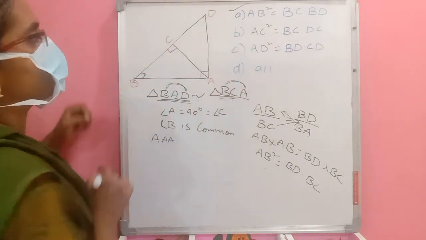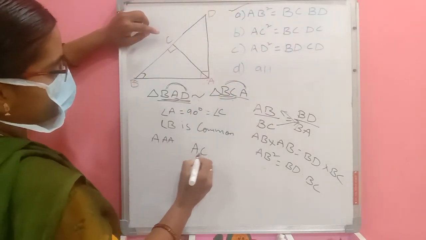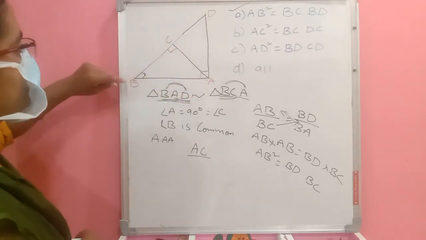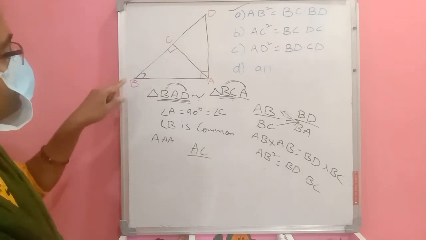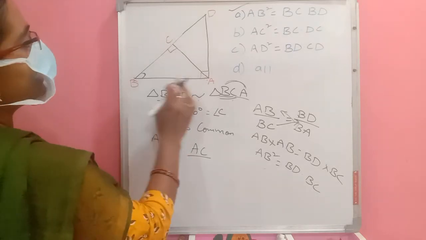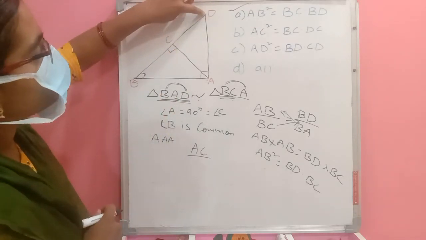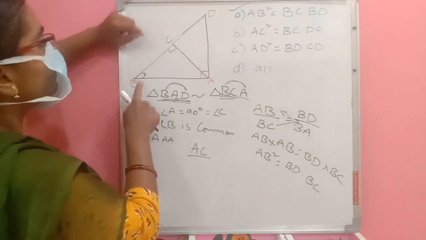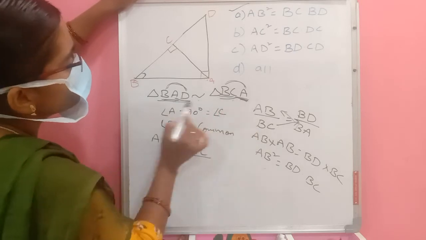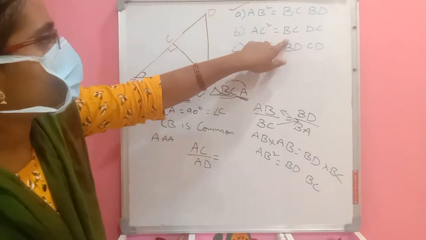Next, let's go for the second option. We need AC, BC and DC. First AC. For the AC corresponding side, we go to 90 degrees. In triangle BAC we have taken AC. In triangle BAD, from here we have to go to 90 degrees. So in this also we have to go from here to 90 degrees. We should not come from here to 90 degrees. Or simply here you can observe AC means these two, then AD is equal to. Next we need BC.